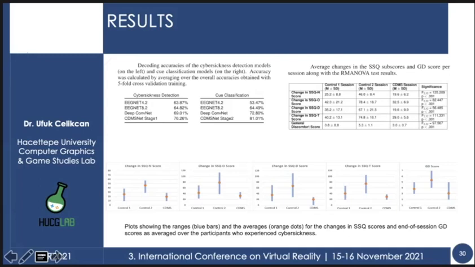It is seen that the CDMS session achieves the mitigation of cybersickness by resulting in lower simulator sickness questionnaire scores and general discomfort scores. On the top right, we see that the results are statistically significant from each other in all scores through the sessions.